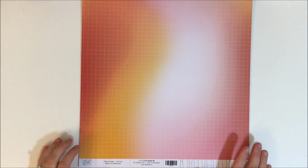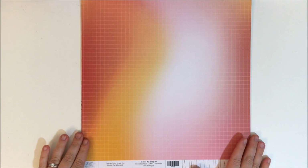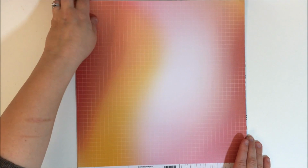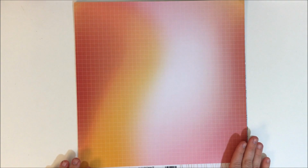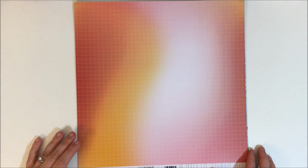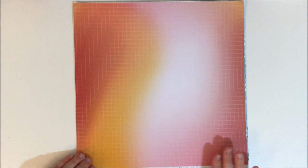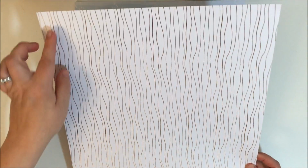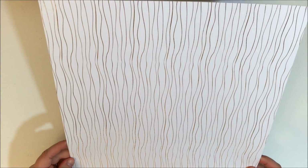So this is the first one. This is my favorite paper out of the whole kit. I'm obsessed with this because first off, it's a grid pattern, which you guys all know I love, but it's got this pink and yellow kind of ombre thing going on. It is so pretty. The reverse side has little squiggly lines, but I'm going to be using that